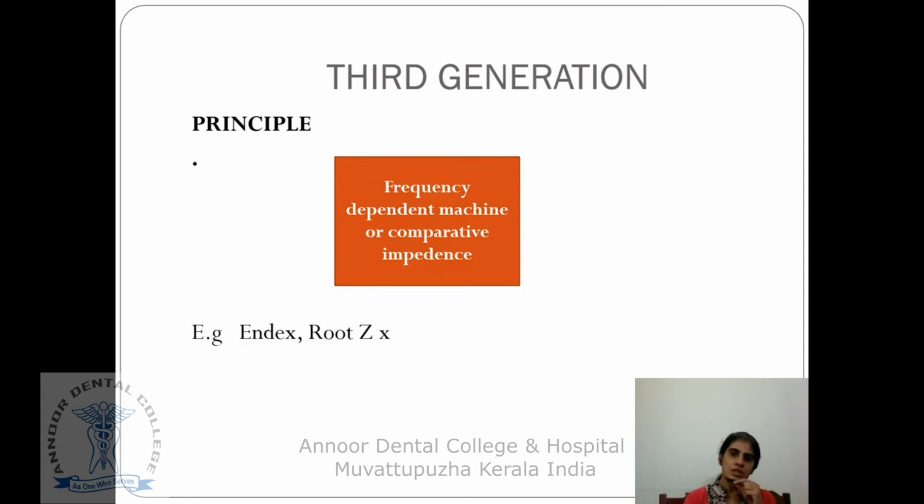Then came the third generation Apex Locator. This is nothing but a frequency dependent machine or a comparative impedance. First generation is resistance type, second generation is impedance type, the third generation is comparative impedance. Okay, we will look into the principle of the